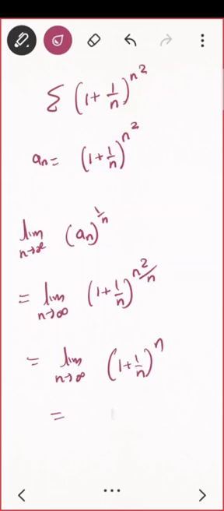Yes, very nice, Yatin. It is e. It converges to e. And what is the value of e? Perfect, 2.78, so greater than 1. Correct, that is what I want. So if my limit is greater than 1, what can I say by root test? Perfect, divergent. That is, summation of 1 plus 1 upon n raised to n square is divergent. Nice.